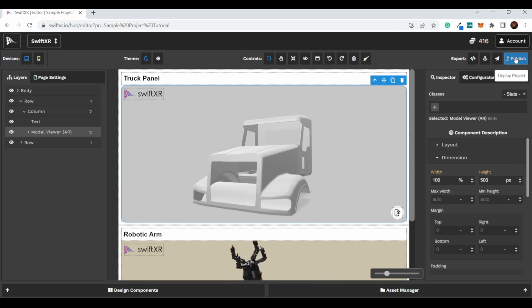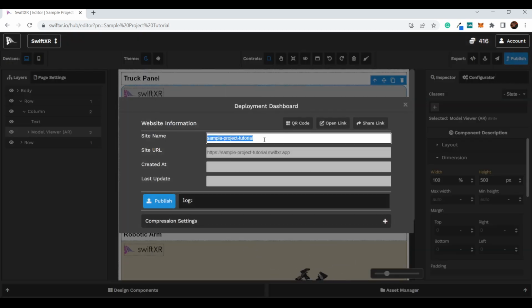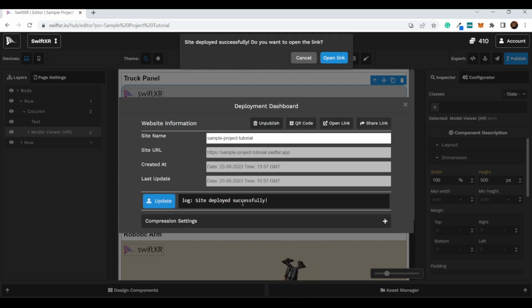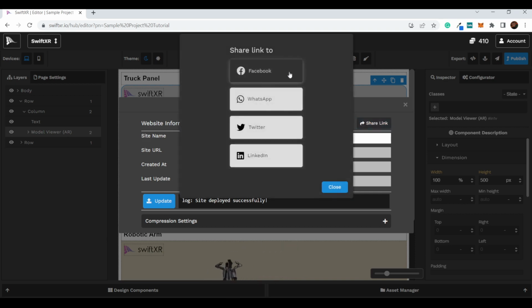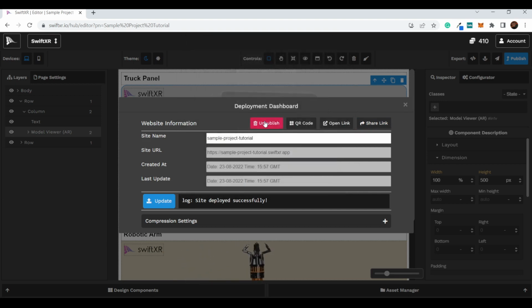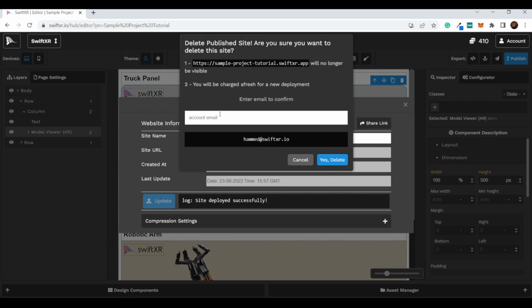So I'm going to select publish. I like this name the way it is, and I'll click publish. By clicking publish, it's going to bundle the project, calculate the amount of size it's going to require to deploy, and it's going to deploy it, which is really fast. I'll wait for that. And yes, the site is published. Now the site being published means that I can either open the link to share it, or I can select a QR code for anyone to scan the project, or I can share the link with my friends on Facebook, on WhatsApp, on Twitter, or on LinkedIn. I can also unpublish the project if I want to,